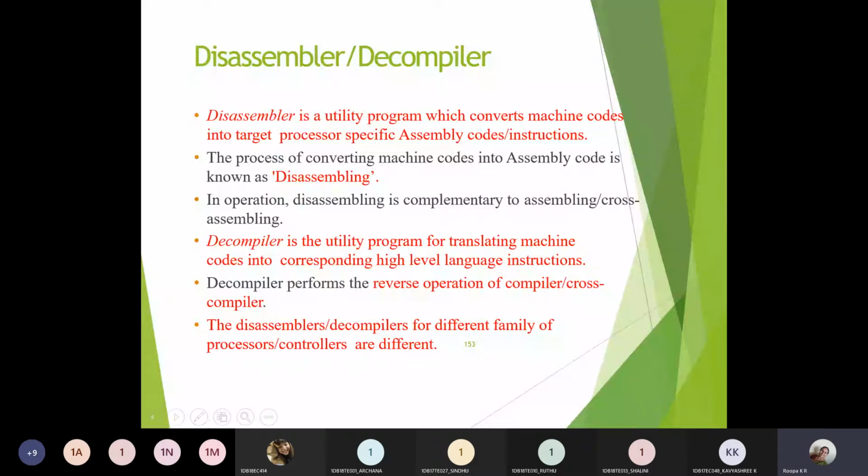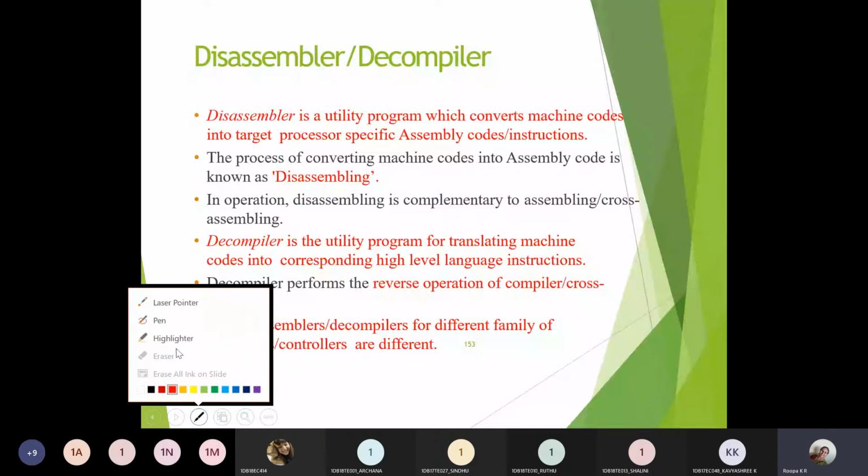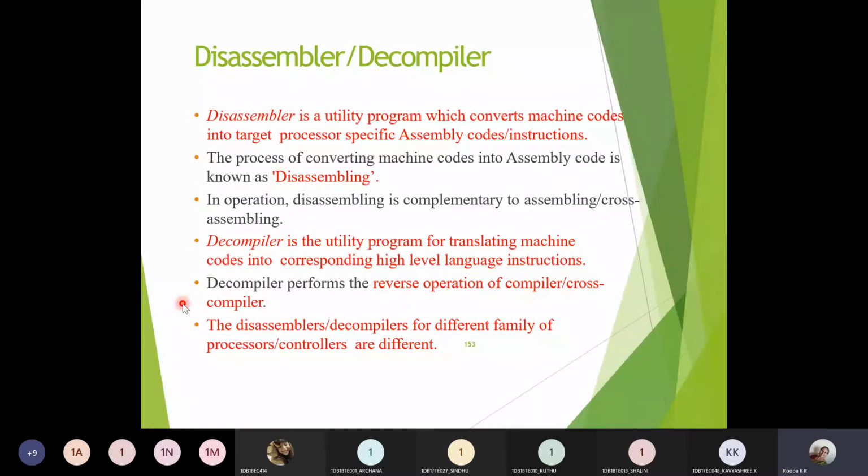With both of these you can get the machine level language converted into an assembly level language or a higher level language. So this is performing a reverse engineering operation in order to get the actual product design, how the designing and the functionality is done, due to which the product is in high demand in the market.